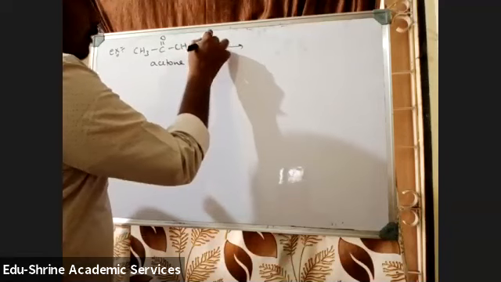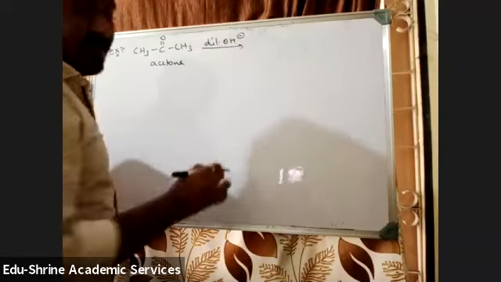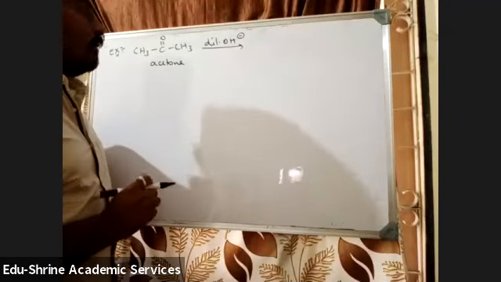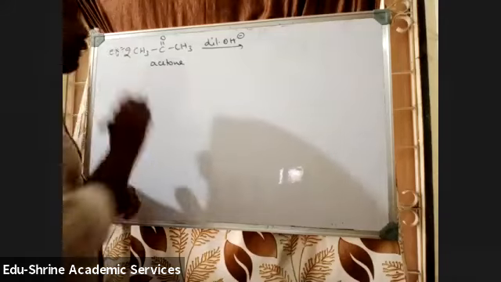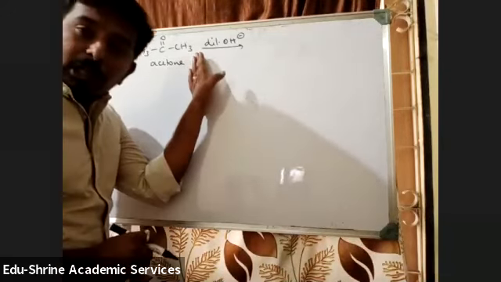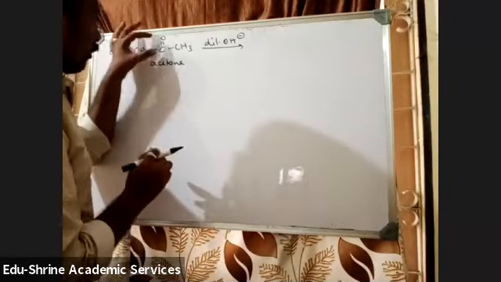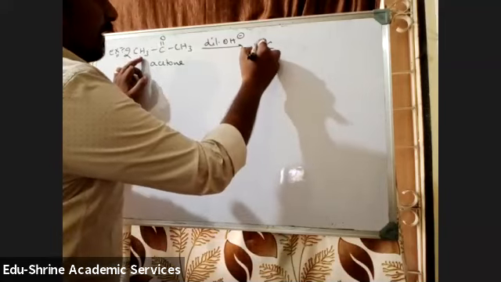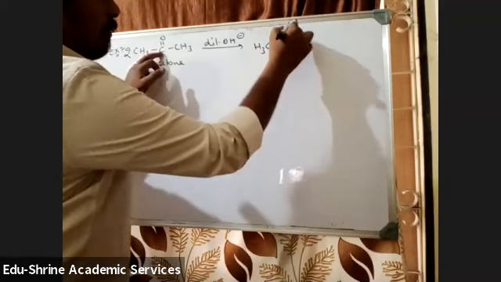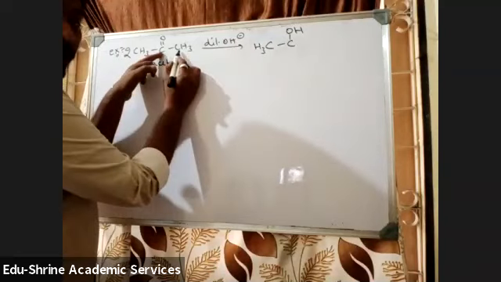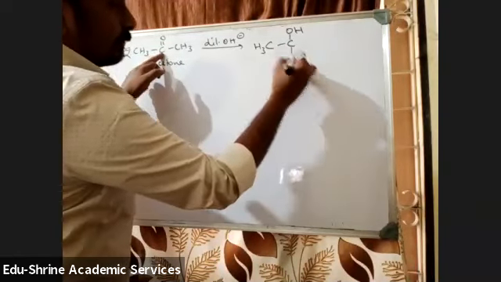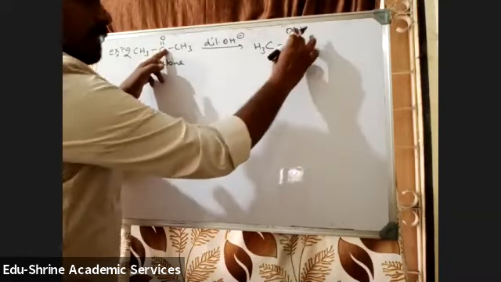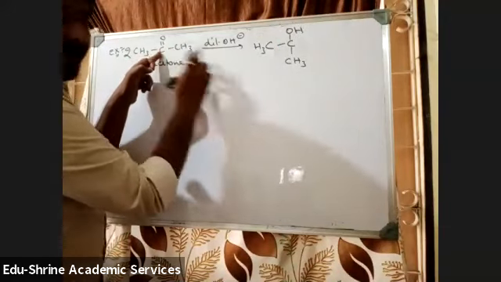So in the presence of a dilute alkali, first I'll try to give the direct product. How to write the direct product? Two molecules of acetone you will be taking, right? Let me take one molecule of acetone. From it, you will be converting this C double bond O to OH, right? So what will be remaining? CH3. To this carbon atom, there is a methyl group attached. Correct, students? Right? CH3.